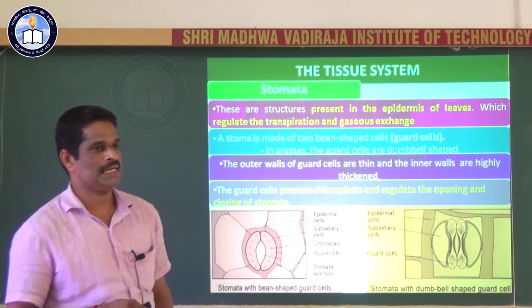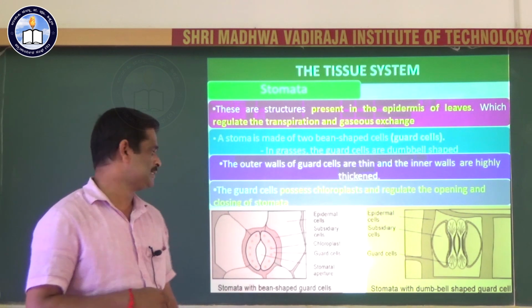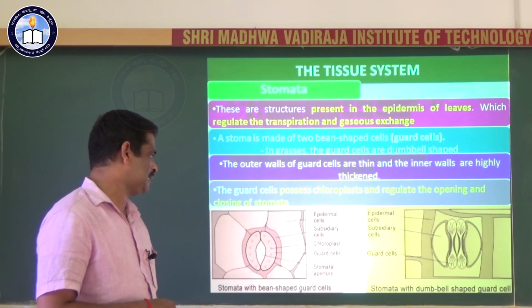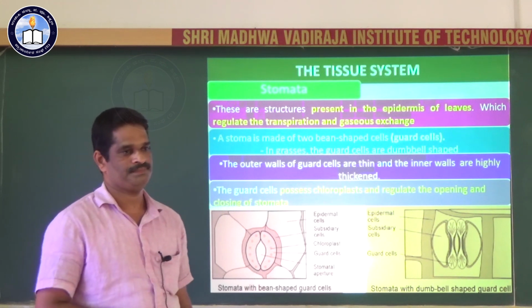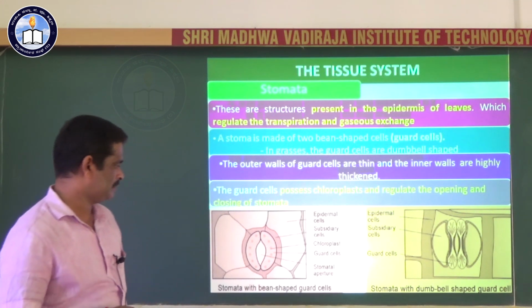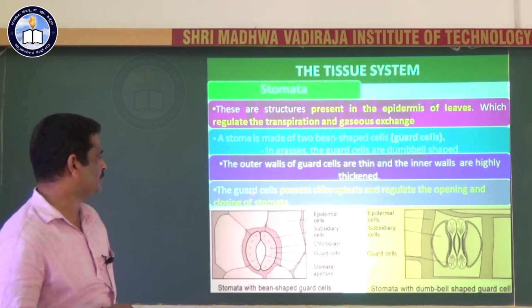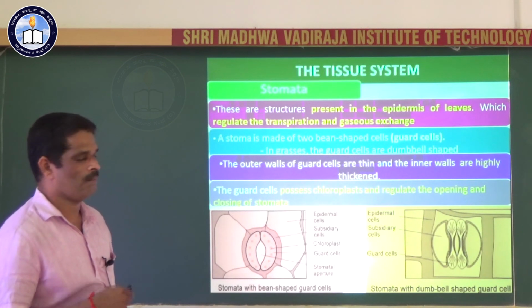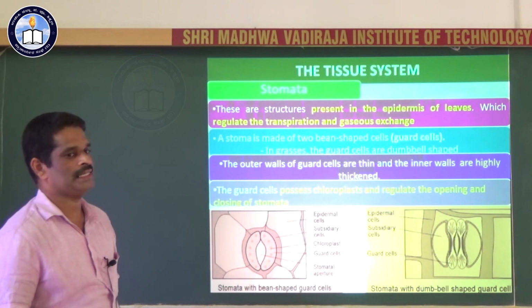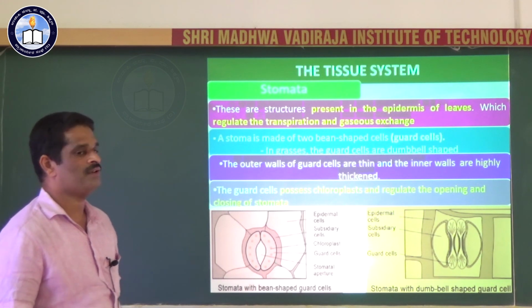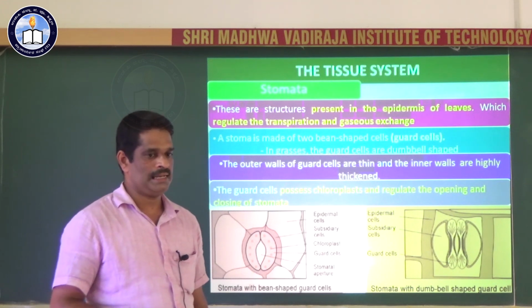Here we have to understand what stomata is. The stomatal pore and the guard cells constitute the stomata. Stomata along with the epidermal cells constitute the stomatal complex. What is a stomatal complex? The stomatal aperture, the guard cells and the subsidiary cells together form the stomatal apparatus.